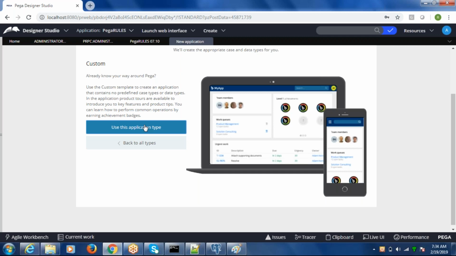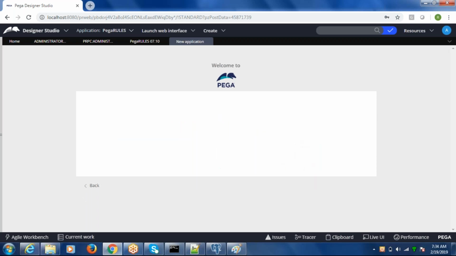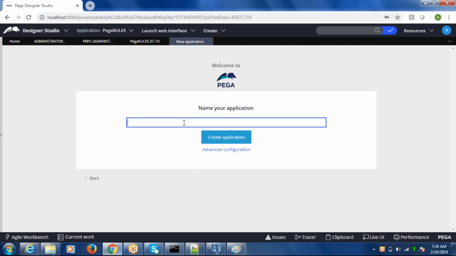It just gives you some description over here. And so, on which device would you like to support the new application? If I say laptops and mobiles, or tablets or mobiles, you can go with laptop and mobile. There is no specific reason. The only thing is the colors which are displayed while we do the development. So the default one can be used. Of course, we can have different color changes, which we have a different topic for.